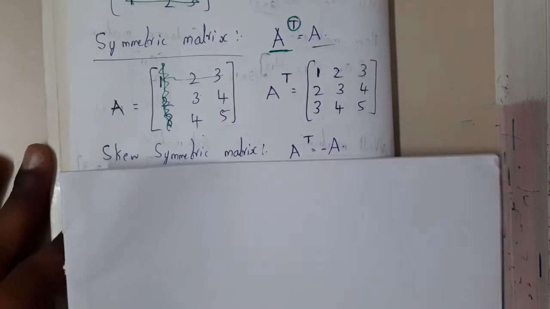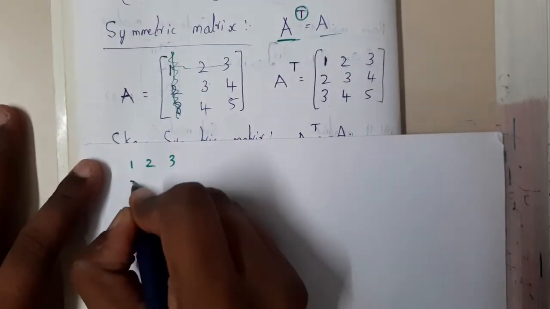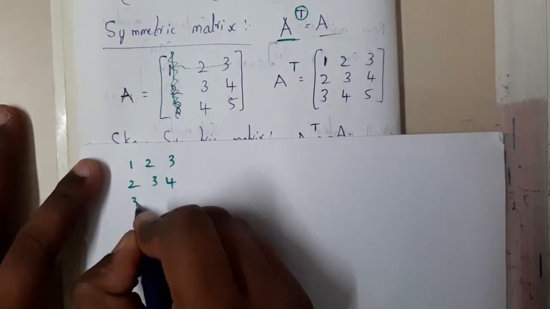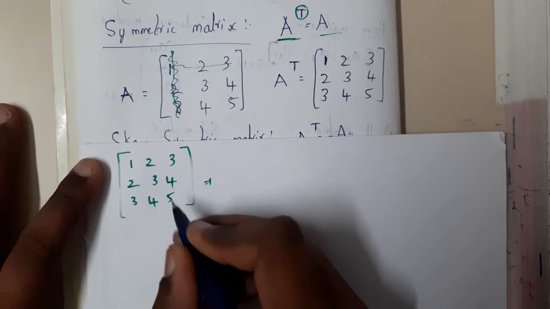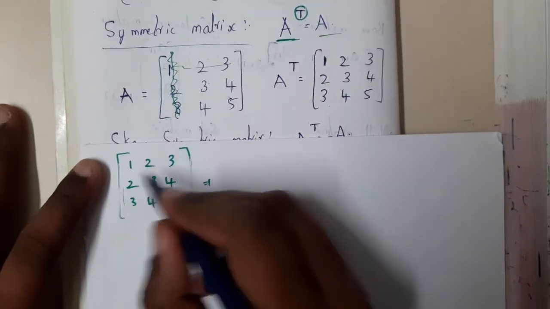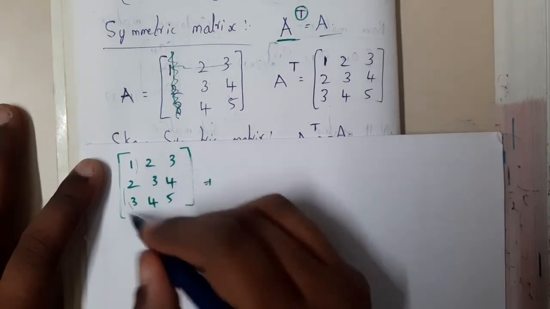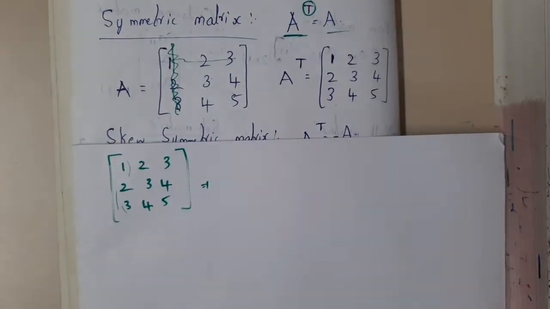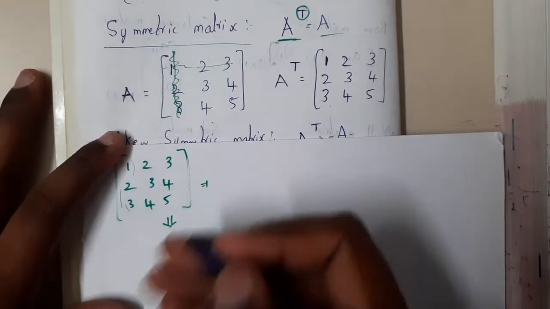So if you want me to solve that particular problem, okay, let me convert it, guys. I took a piece of paper. Okay, so 1 2 3, 2 3 4, 3 4 5, right? So now I want to do the transpose of it. What I told you, guys, you will be converting rows to columns, or columns to rows. So anything you do, you will get the same result, guys. Okay, so you might be saying, I'm not sure about it, I might get a different result. You will be thinking like that, right?